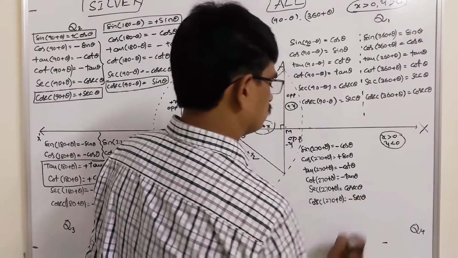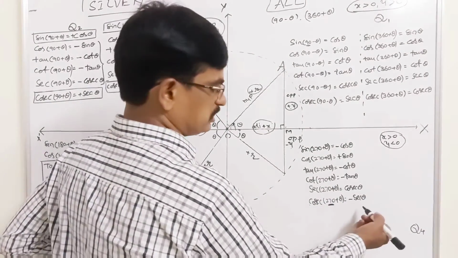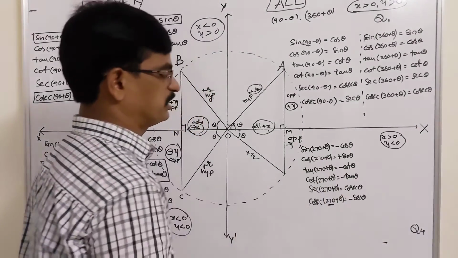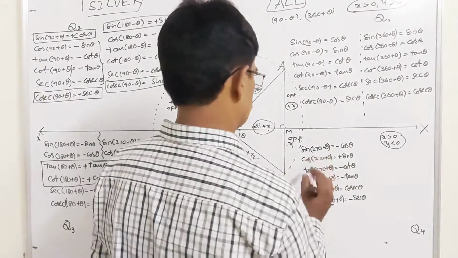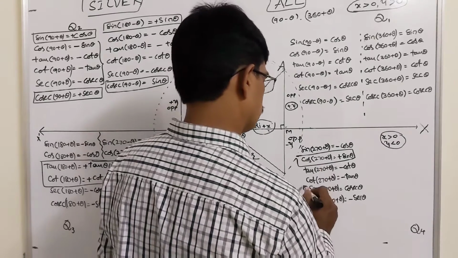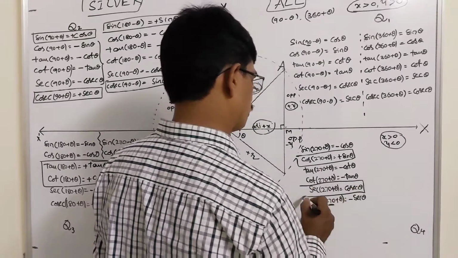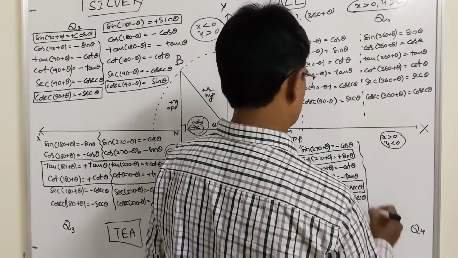Secant theta. So when the number of right angles is odd, then cosecant changes to secant, secant changes to cosecant, cot changes to tan, tan changes to cot, right? Okay, that is here cos and its reciprocal are positive. So then sine of